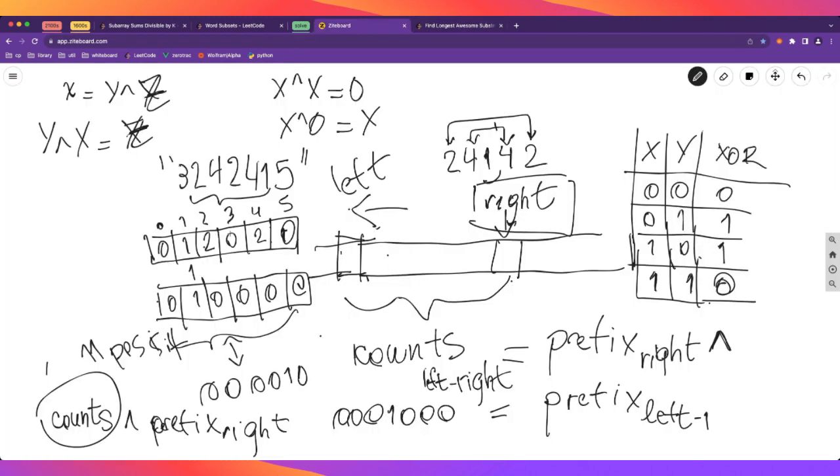And what I said is, well, what if I represented this as the counts for each of the numbers here? So here I have 0 zeros, 1 one, 2 twos, 0 threes, 2 fours. This corresponds directly to this. And then what I said is that